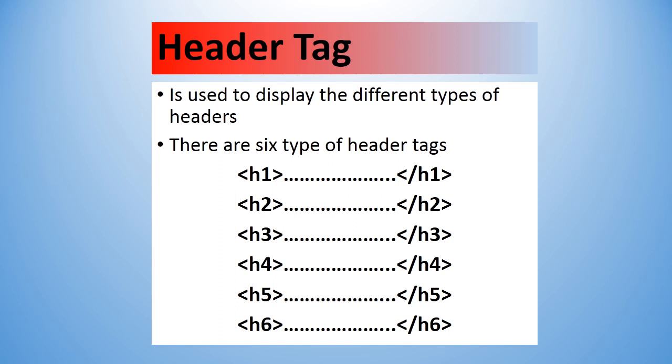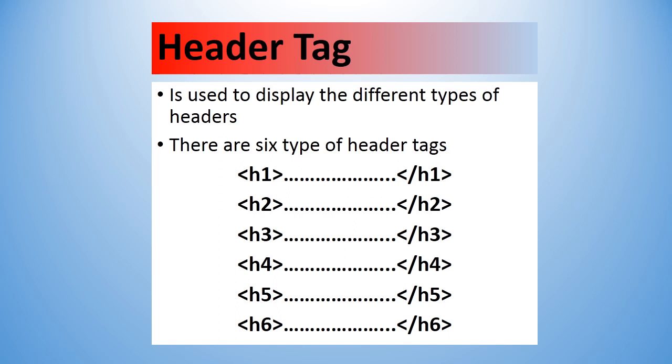In this chapter, we will learn different tags one by one. The first tag we are going to learn is the header tag. As the name suggests, the header tag is used for giving a heading. For example, in the last web page we created, we typed a paragraph on rainbow and the heading we gave was rainbow. If you remember, we used the h1 tag. These tags are used to give headings. There are 6 types of header tags, as you can see here, from h1 till h6.